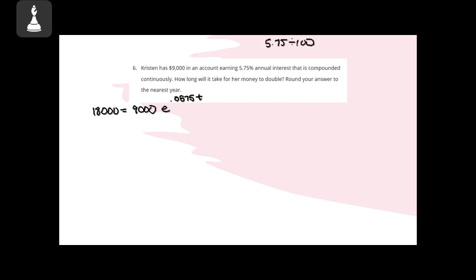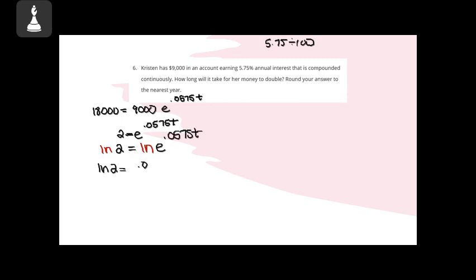Now, if you remember the short version, if you divide this, you're going to end up with 2 equals e to the 0.0575t, because we want double the amount of money. So I just need e to the rt. Now I'm going to natural log both sides, so that I can bring my power down front. So natural log 2 equals